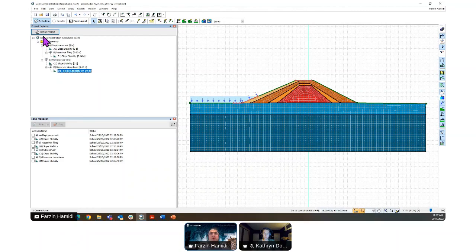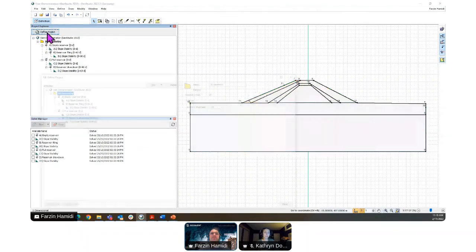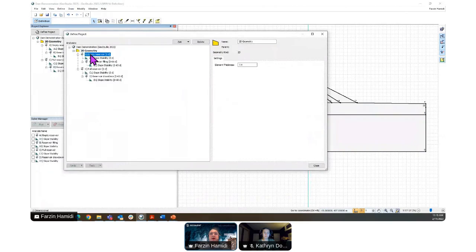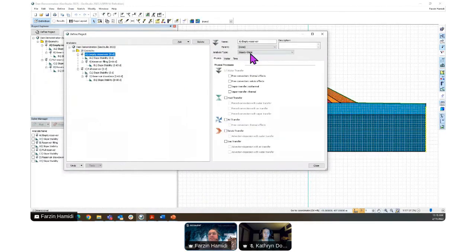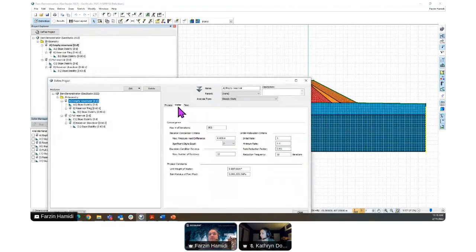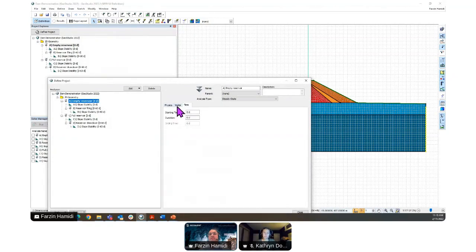I'm going to show you how to do it, but before going there, I'm going to show you how to define this project. So this is the definition view of this project. So you can simply see I assigned a steady state analysis as a starting point, and for this steady state analysis, we don't include any time.